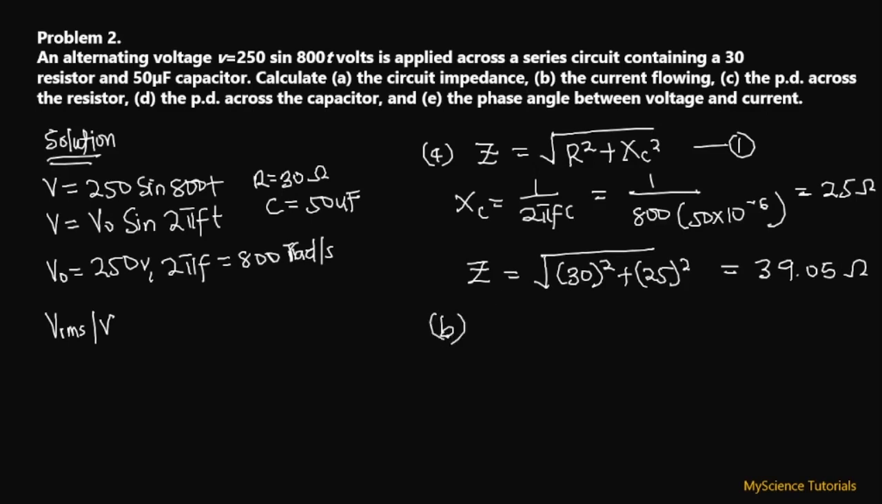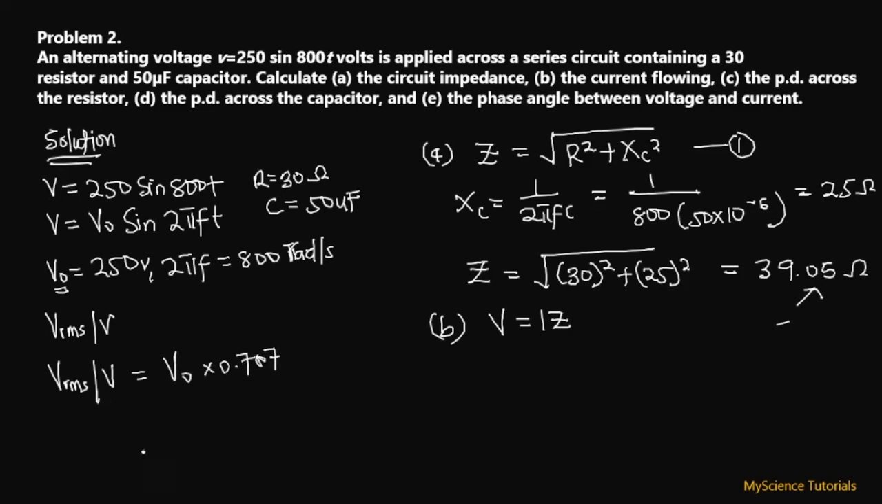So let's look at B, the current flowing through the circuit. Now we know that the root mean square voltage, or the applied voltage, is equal to IZ. We don't know the current, which is what we've been asked to find. We found the impedance, but we do not know the applied voltage that we need to use here. We only have the V0, or the peak voltage. Now to find the root mean square voltage, it is given to us as V0 multiplied by